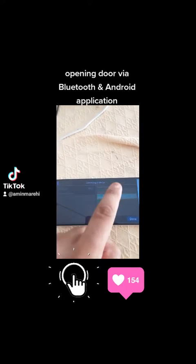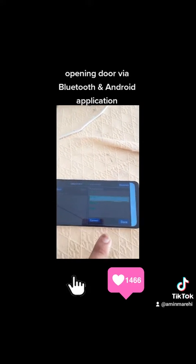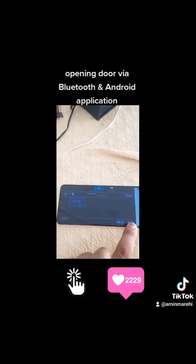I wait until I see here connected to HC06. I click then on done. I run the interface that I have prepared for this